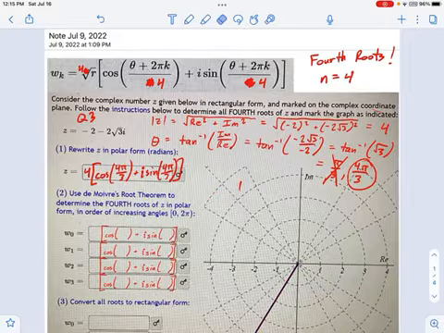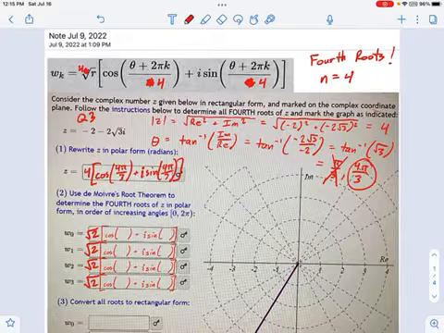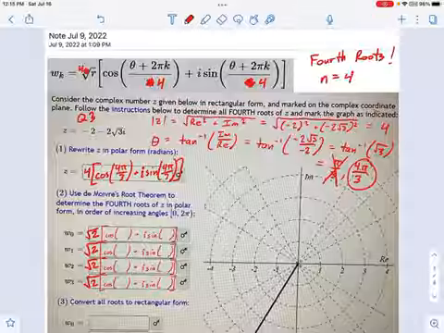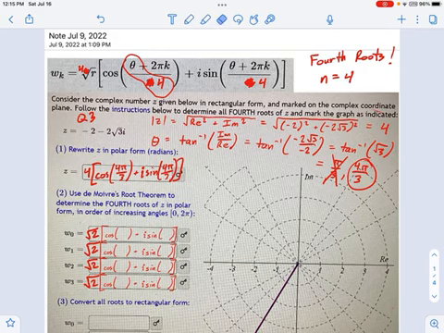Great. So we can write it like this. We can say square root 2. And if you wanted, you could say the fourth root of 4, I guess. It wouldn't mark you wrong. So square root of 2 for all these things. And now we have to find the angles. Well, what de Moivre's theorem tells us is when you're looking for that first root, just divide the angle by 4. Okay, so let's go ahead and do that.